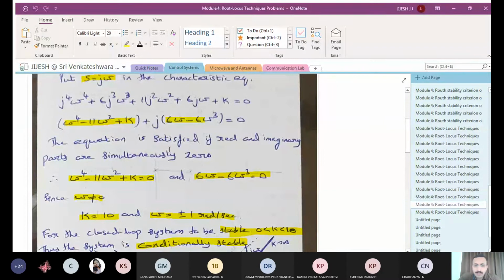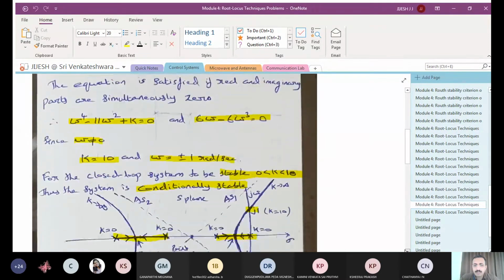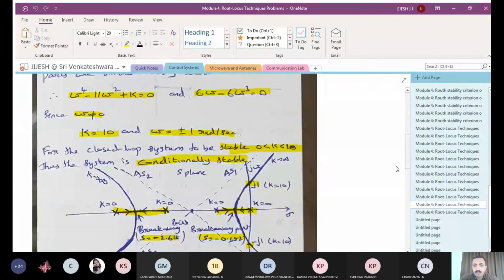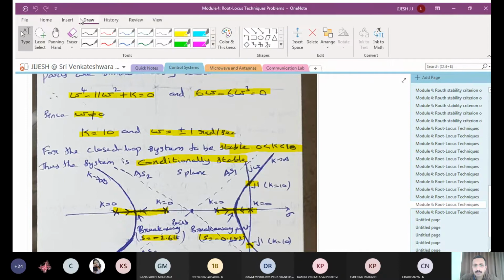All the steps are completed. Yes, sir. Okay, so we can say that the system is conditionally stable. So let us plot that. For that, first we have to go ahead with plotting the poles. You can plot the poles there. Then you can plot the centroid. So all those things you can carry out. The centroid is available here, and you have the poles here.